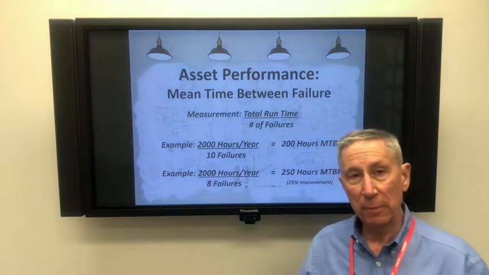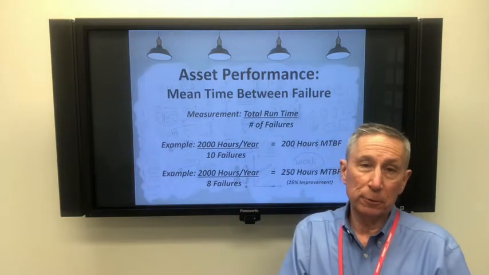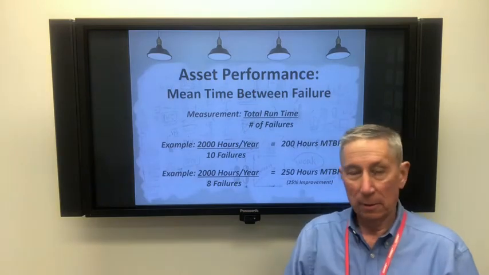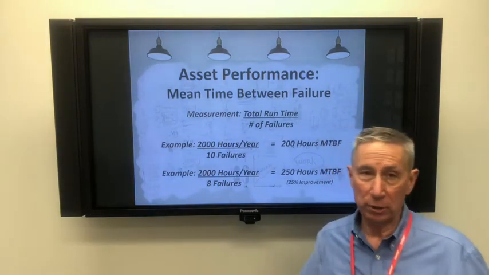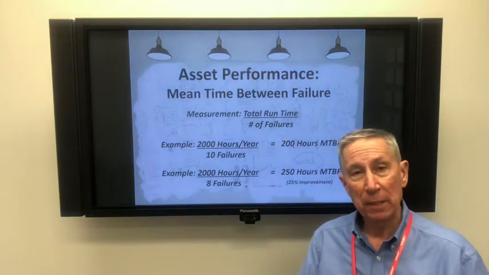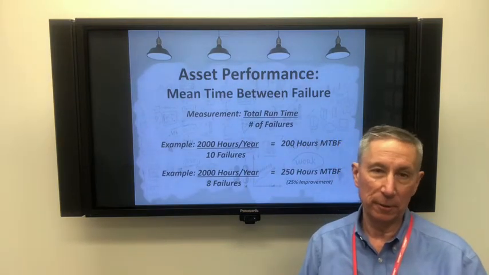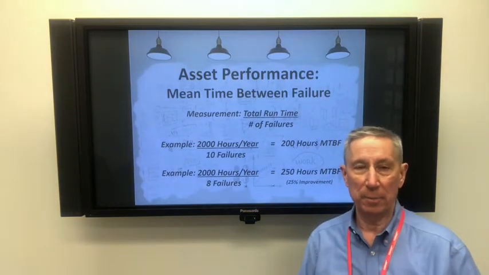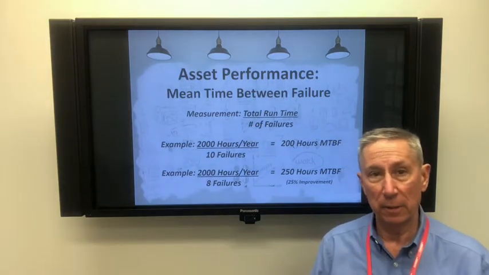Now, there's other metrics behind this, like downtime. Once the failures happen, the cow's out of the barn, so to speak, then we have a lot of things that have to go on, chasing parts, troubleshooting, and that downtime really matters. So it's a lot better to stop the failures than to be really good at fixing failures when they happen. And that's the whole concept behind this. But this metric doesn't stand alone. We're just talking about this metric in particular today.